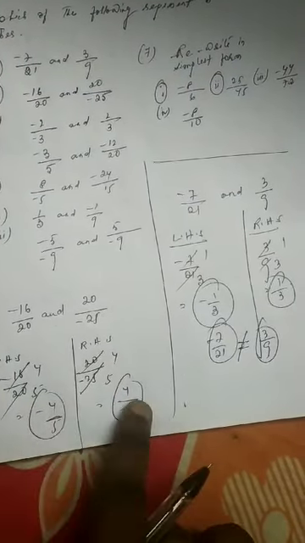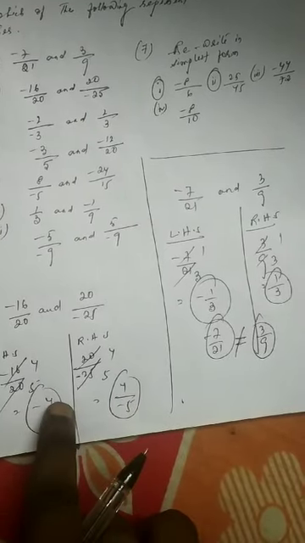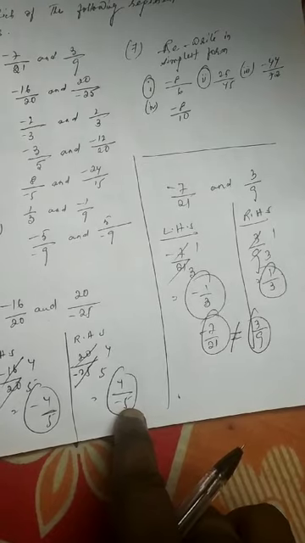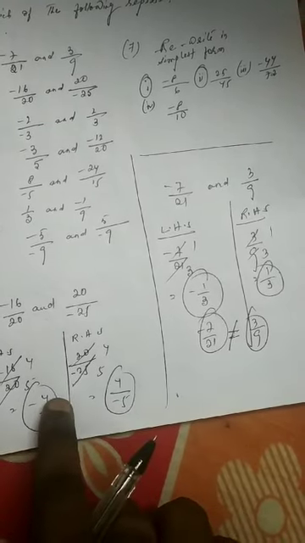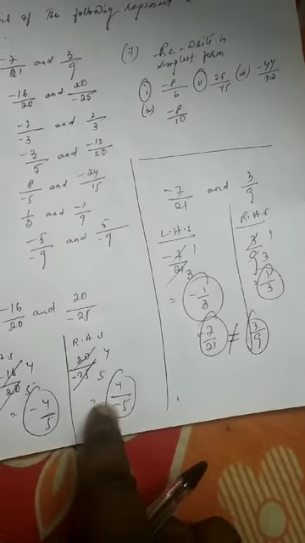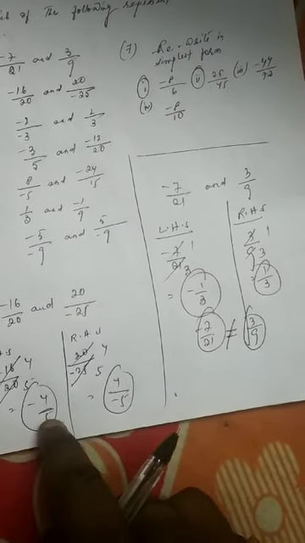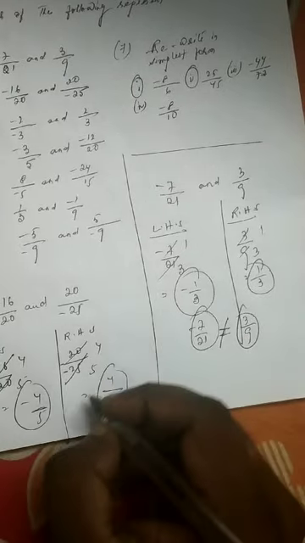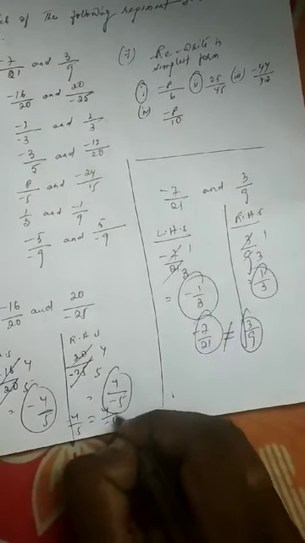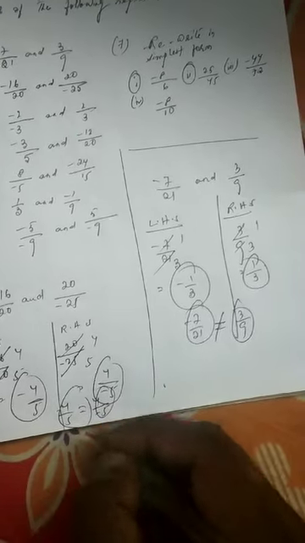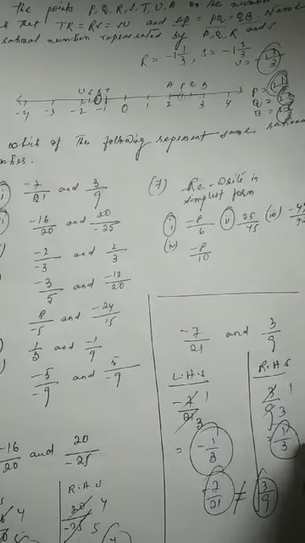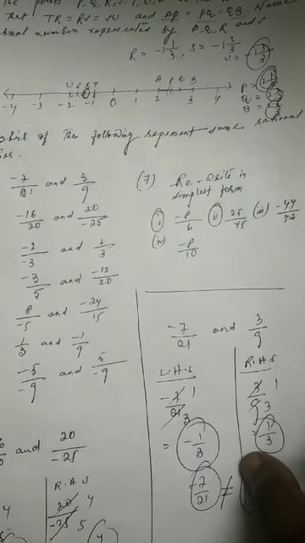They are actually the same, because the minus sign is lying in front of 4 here, and the minus sign is lying in front of 5 there. So there is no difference between -4 by 5 and 4 by -5. They represent the same value, which means they are equal. So I can say -4 by 5 is equal to 4 by -5. Children, in this way we have to check whether they are numerically the same or not.